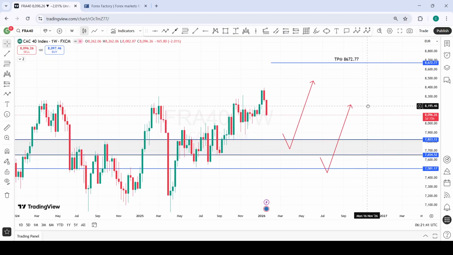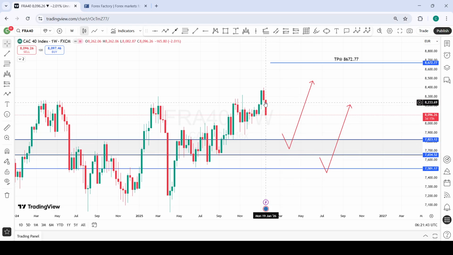So for now, price will have to pull back here. So as a day trader, if you get any opportunity to sell to any of